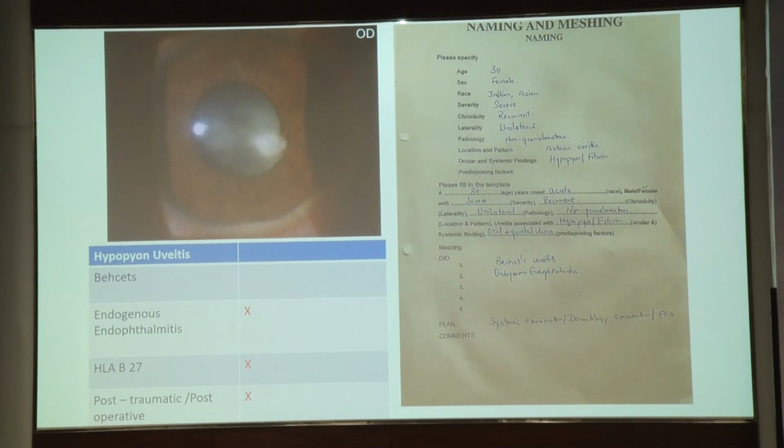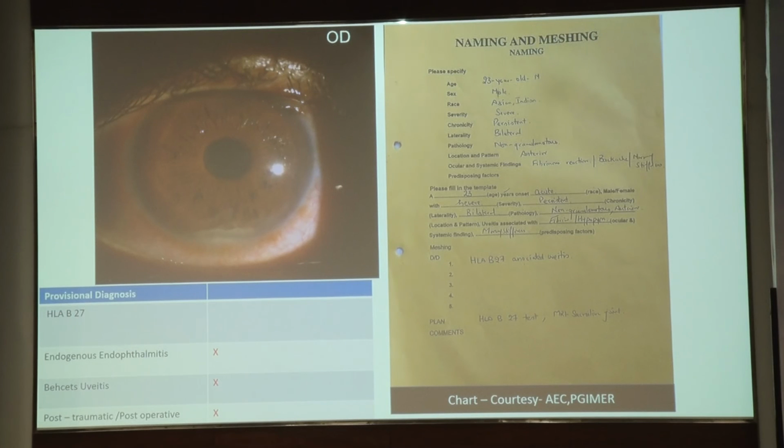No, there is no such history of any diabetes or previous hospitalization. Then we will ask about any history of backache. That is also not there. So this naming and meshing will help us in reaching the diagnosis in mostly 70 to 80% of the cases and limit our investigations. A similar patient with a hypopyon uveitis, fibrin in the anterior chamber, but for this patient